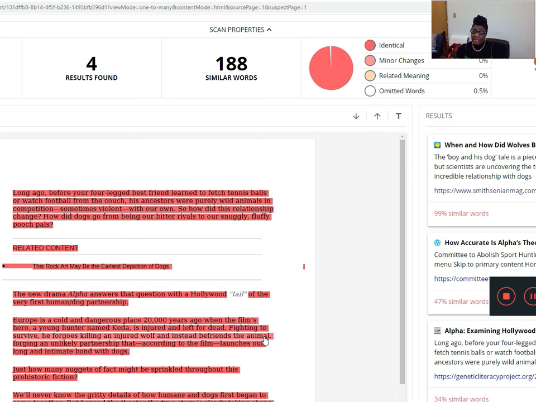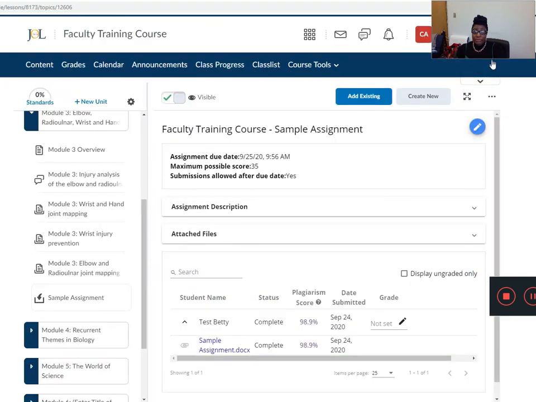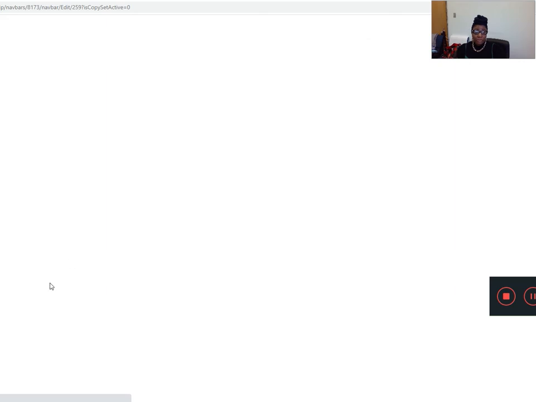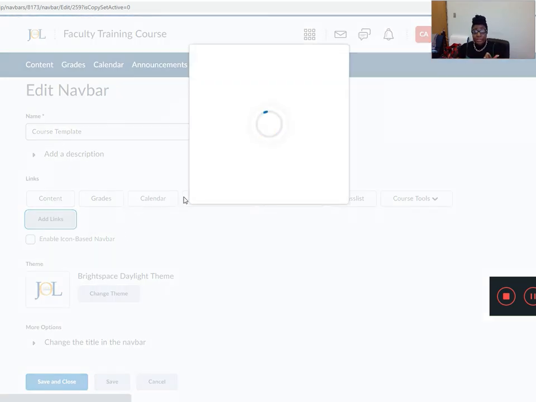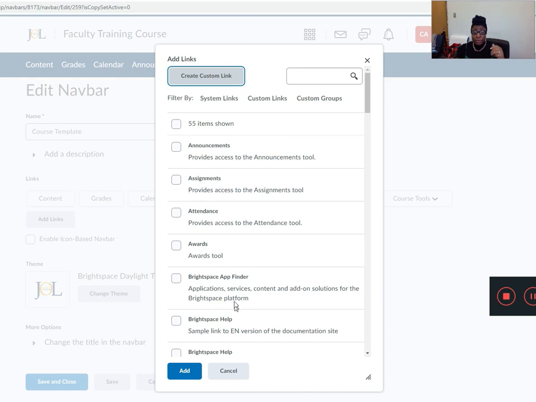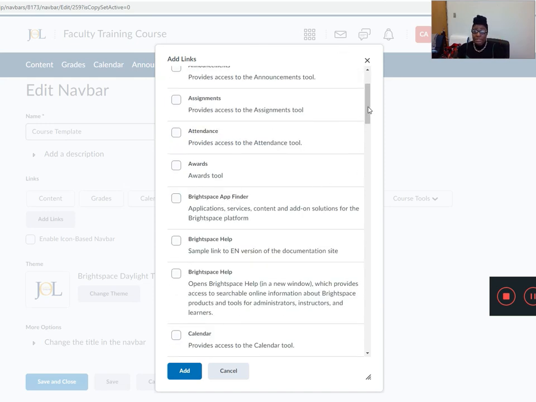They can scan it themselves, and then you can encourage them to go to the Tutor Me, which is the link up at the top. The Tutor Me, I don't have it up here, and sorry. I should have had it up here in my nav bar. But you can edit your nav bar personally for your course as well so that you can see the links that you want to see